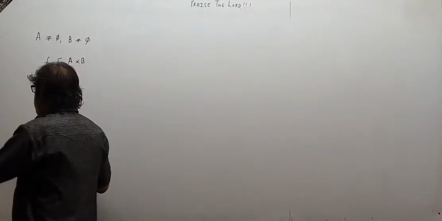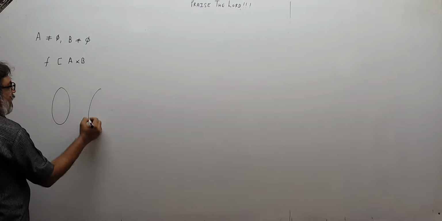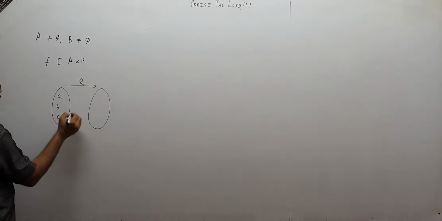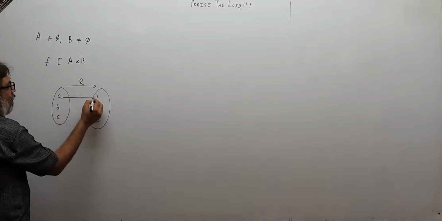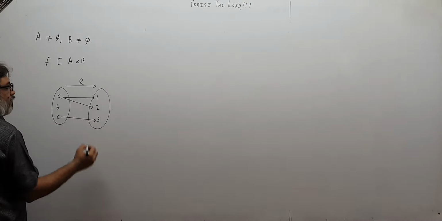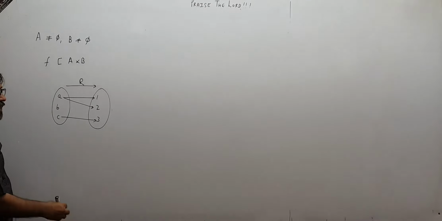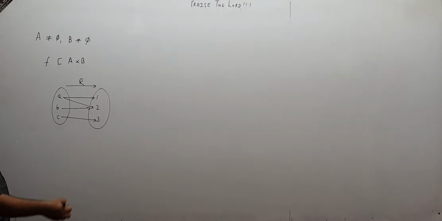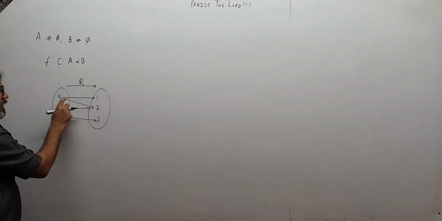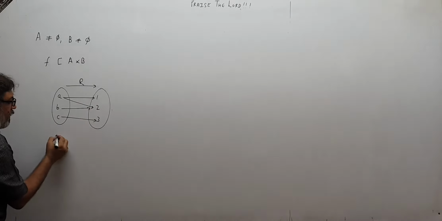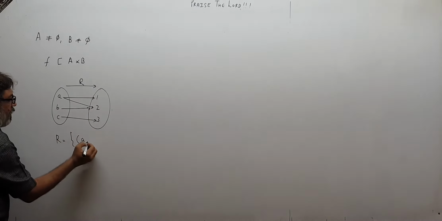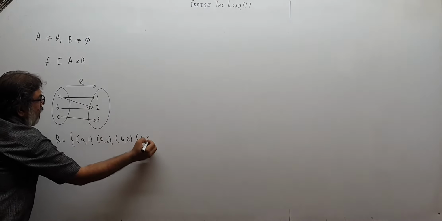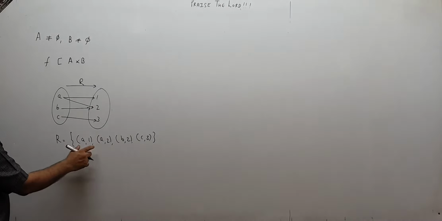See, children, if I take up an example like this, supposing there is one set and another set like this, this is the relation. Supposing there is A, B, C and 1, 2, 3. A corresponds to 1, A corresponds to 2, C corresponds to 3. So this is definitely a relation, or maybe I say that B corresponds to 2. So this is the relation because A corresponds to 1, A corresponds to 2, B to 2, C to 3. What will be R? Just let us see. R will be (A,1), (A,2), (B,2) and (C,3). This is a subset of A cross B.